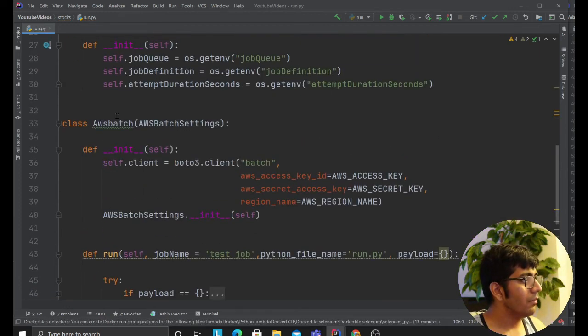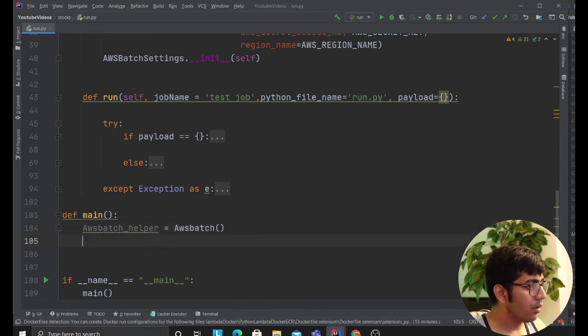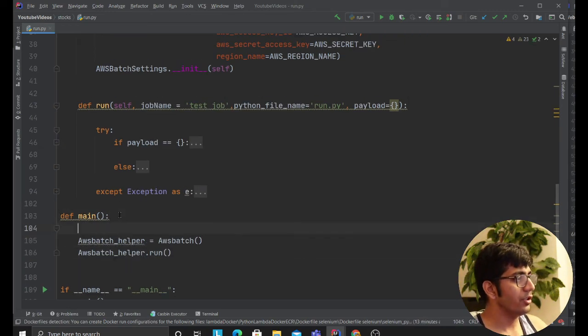Once you have all the variables in the environment variables, just call the run method, and you're all set. There you go, that's your code.